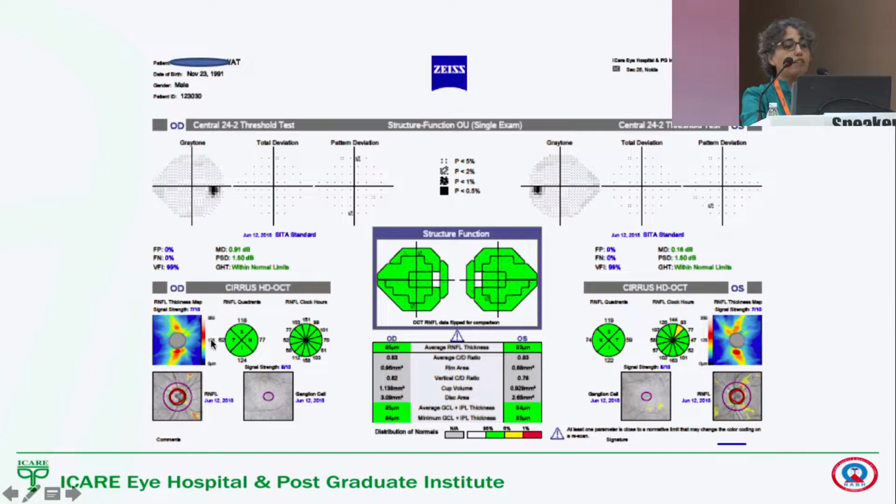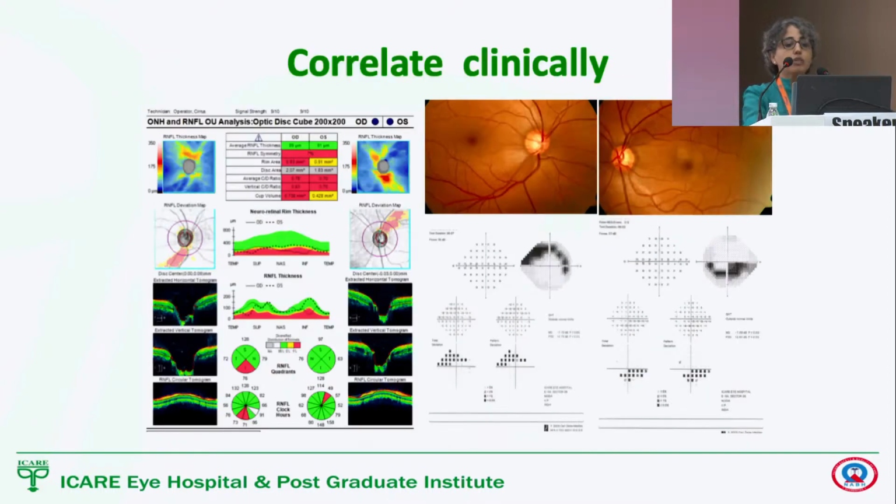It gives you the averages, and it gives you the field test report where you have the grayscale, the total and the pattern deviation plots, and then here what you see is it merges the two. It reverses the OCT values, inverts them and puts them over the field test for you to correlate the structural loss to the functional loss and confirm if everything is fitting in. So if I was to show you that